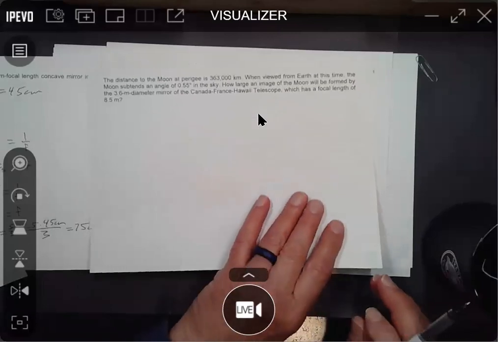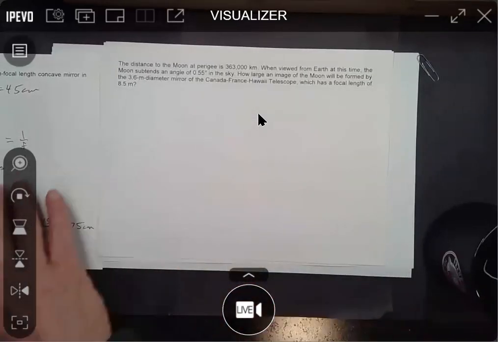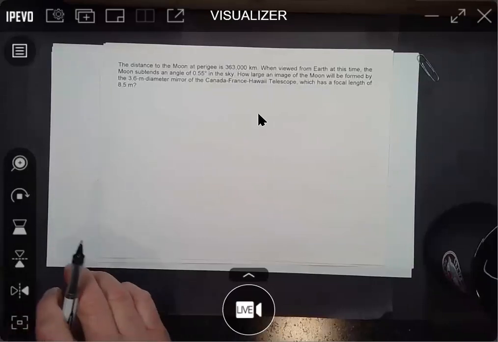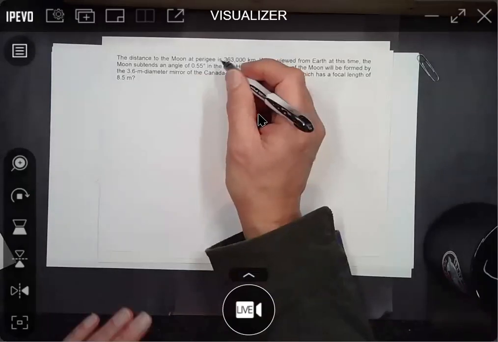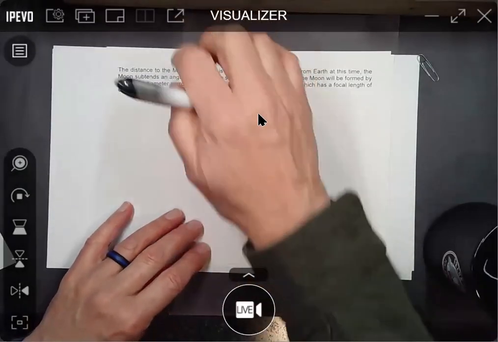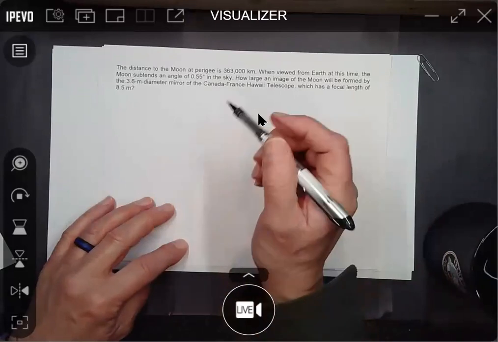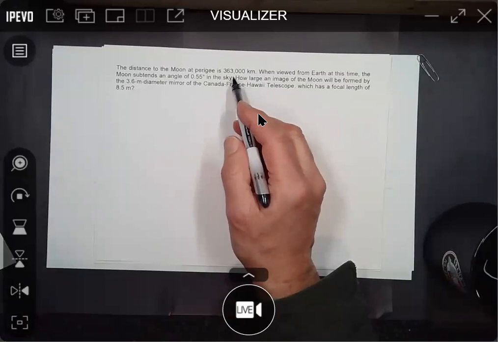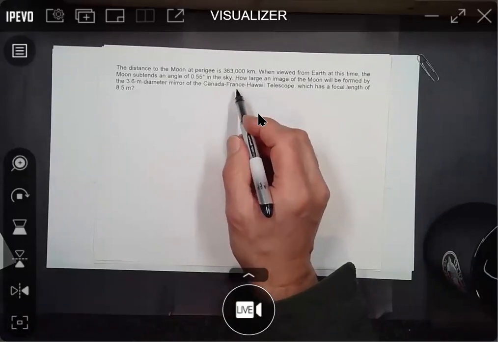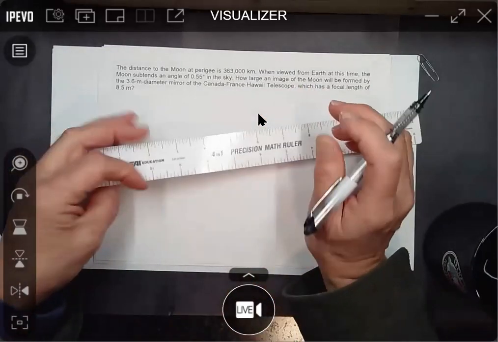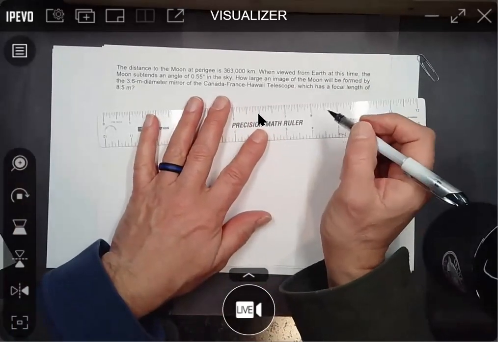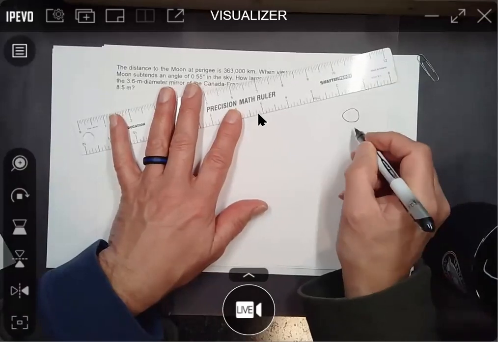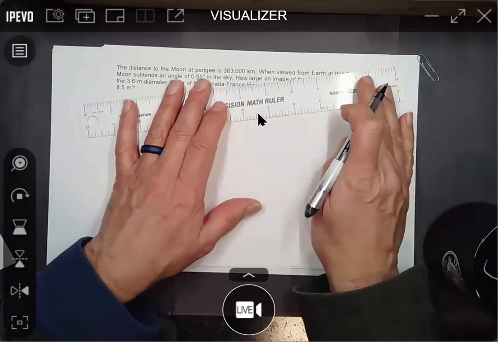Let's do one that's a little more fun. The distance to the moon at perigee is 363,000 kilometers. Perigee is the part of the moon's orbit where it's closest to the Earth. At that time it's 363,000 kilometers away. I'm going to draw a little picture here. If we've got a telescope that's looking at the moon here in the sky, so there's the moon, and